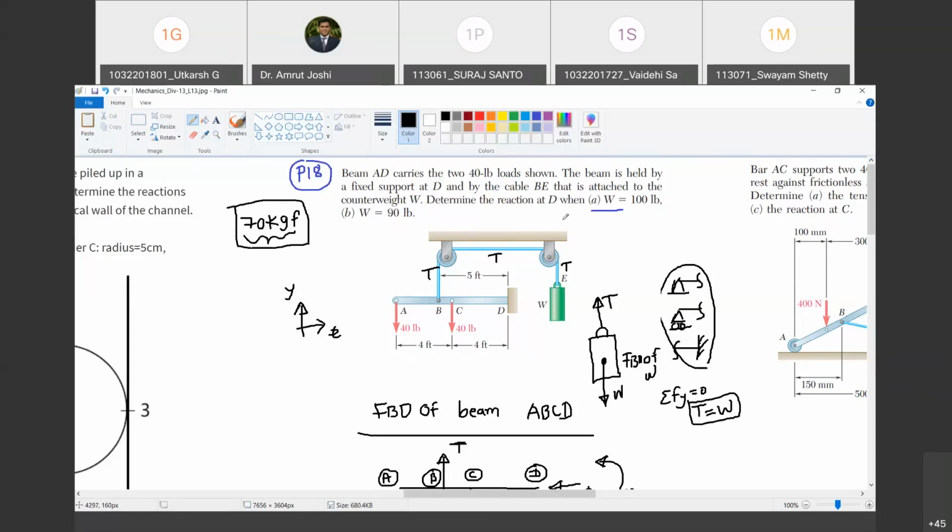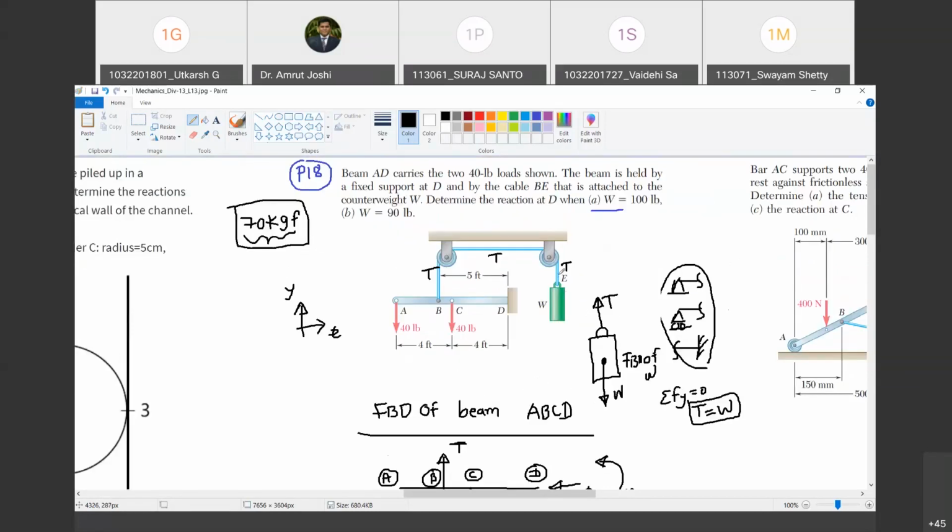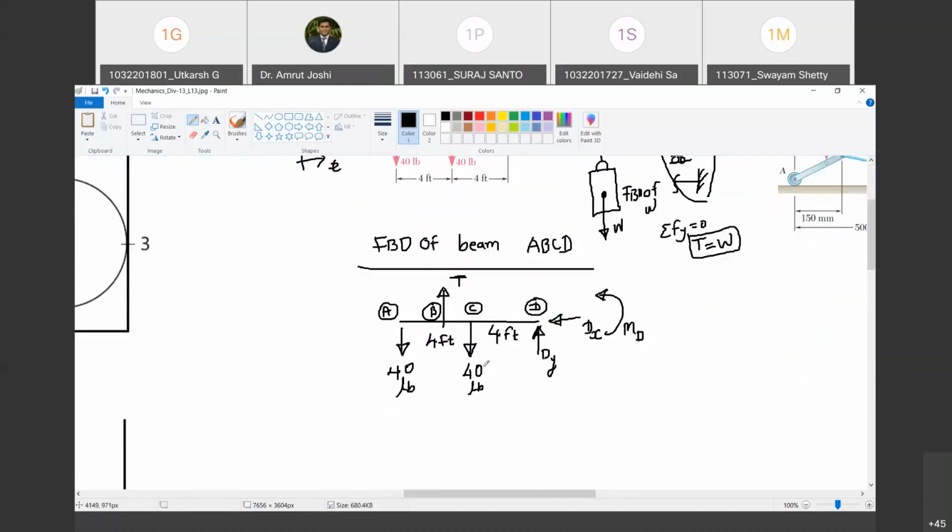Are you with me? So we will consider it as 100 pound force, 100 lb force. Okay, great. Now 40 lb. What I mean to say is, if you multiply it by the gravitational constant, here also you cannot write it as 40 lb. You will have to multiply it. But to make life simple, I will maintain it in pounds itself.